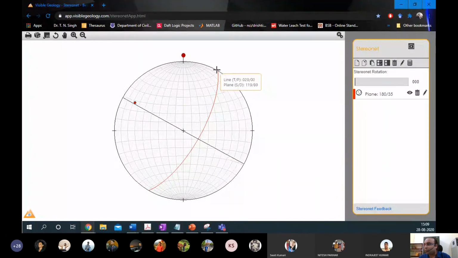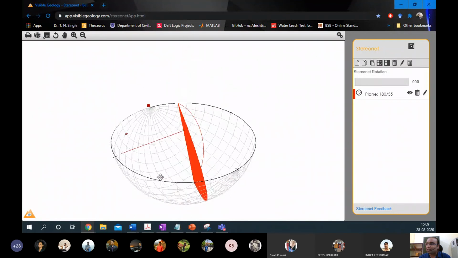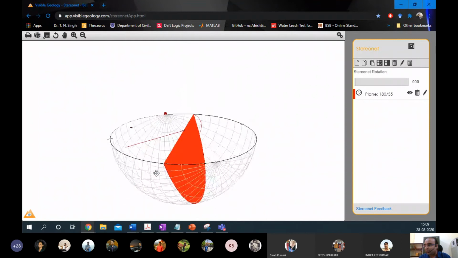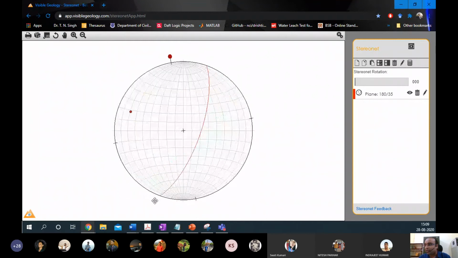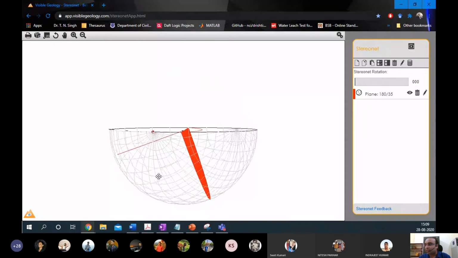If you see this point, the north point, this is 30 degrees from the north, right? 0, 1, 2, 10, 20, 30. This is the strike direction, and this full curve actually represents a plane that we want to plot. Now, how to see this? Just click here and rotate it. You can see actually what we plotted is a plane, and that is what is represented by what we plotted in the 2D. So this is called a stereo net or a stereograph projection.